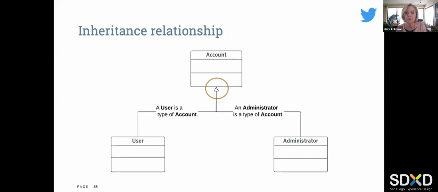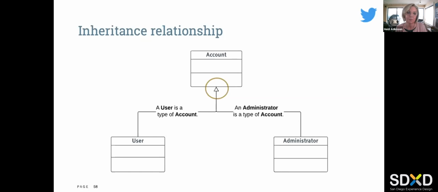And then finally, we have the inheritance relationship. So this is just your basic parent-child relationship. And again, extending a bit on our Twitter example, if you imagine that you modeled the whole thing out to include every kind of both external and internal function, you would probably have 2 different types of accounts. So you'd have a user account, which is somebody that is an end user of Twitter,